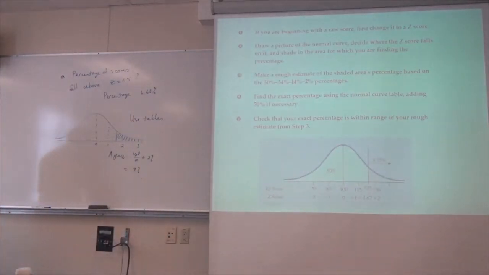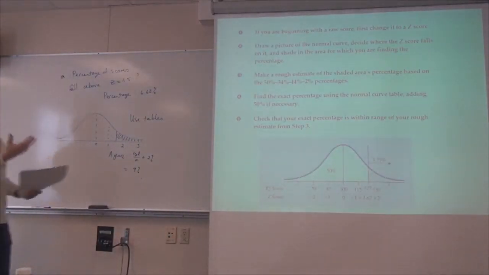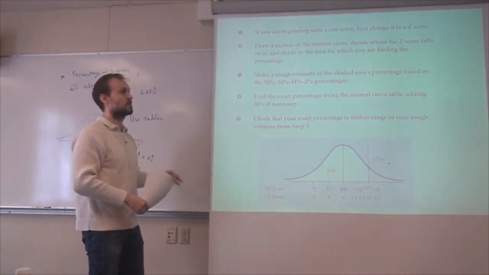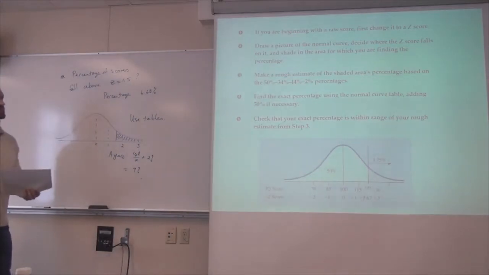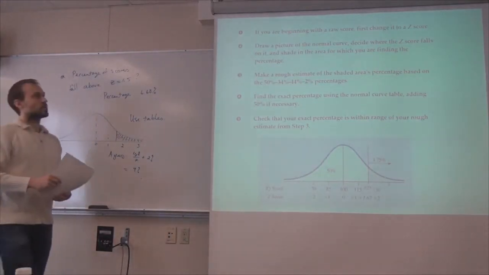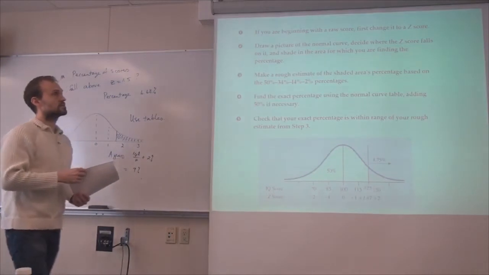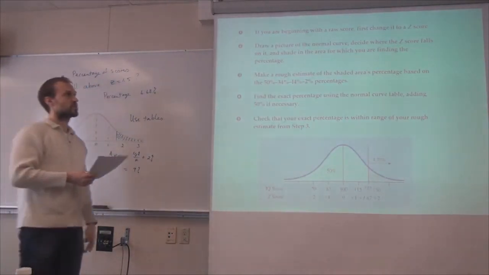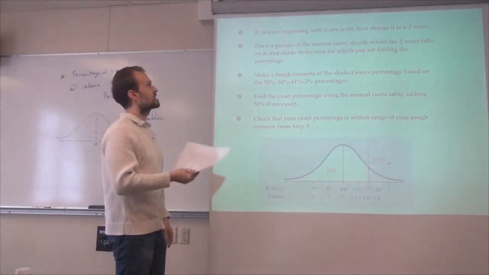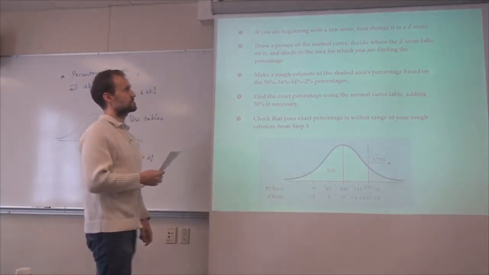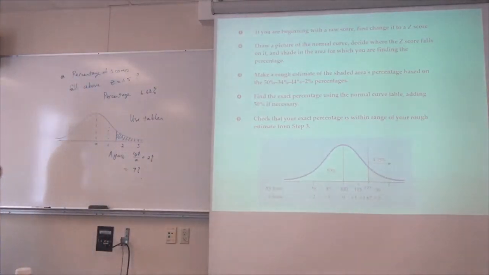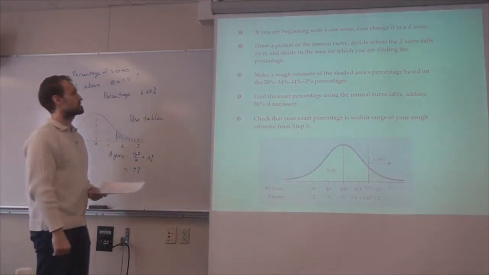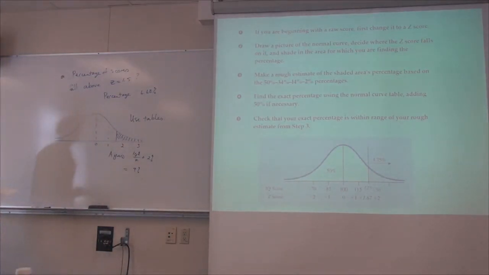Okay. So, what are the steps? Well, this is just a guideline. You don't have to follow them religiously, but it will get me there if I want to have some structure and some steps. So, I'm beginning with a score, either the Z score already or an actual score. And then I would have to convert it to a Z score, because the table only shows me the Z scores,